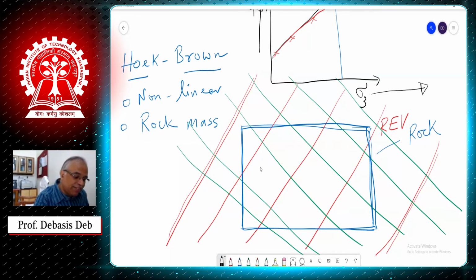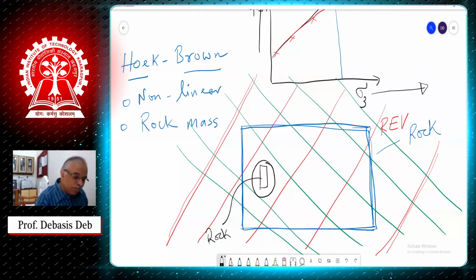But if I take a very small part here, let's say for my coring and testing in the laboratory, these will be rock, or we call intact rock. But this blue color is rock mass. Now, Mohr Coulomb criteria is applicable here, not in this blue color box. Then you need to have equivalent cohesion and equivalent friction angle, not of this rock, you can apply for the entire blue color box.